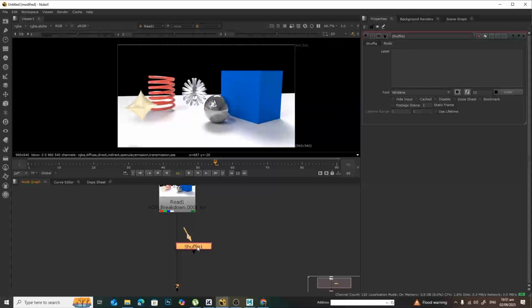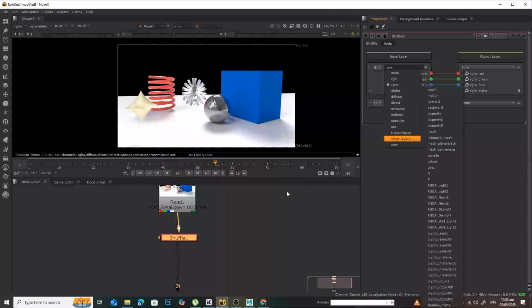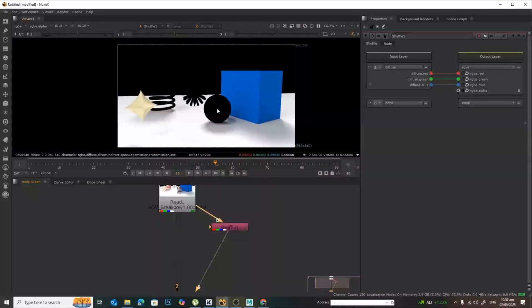Okay, so I can plug this in, and in my shuffle node here in the input layer, I can pick one of the AOVs. Okay, so the list here is going to change depending on what AOVs are included in this EXR. So for me, I only output the more basic ones, so diffuse, direct, emission, indirect, specular, SSS, subsurface scattering, and transmission, right? So what I want to do is I want to pick one of these. So let's say I want diffuse. Okay, and if I press 1, so it's only showing me the diffuse channel,